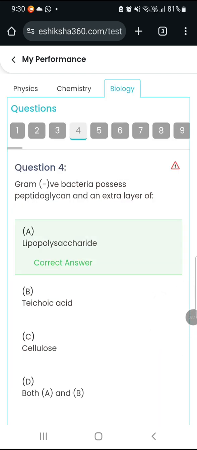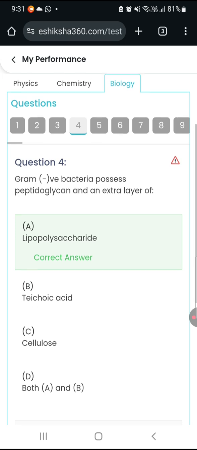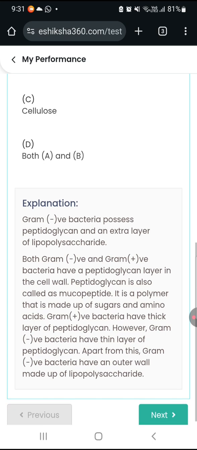Gram-negative bacteria possess peptidoglycan and an extra layer of lipopolysaccharide. Explanation: gram-negative bacteria possess peptidoglycan and an extra layer of lipopolysaccharide. Both gram-negative and gram-positive bacteria have a